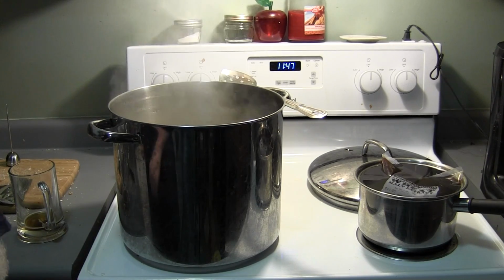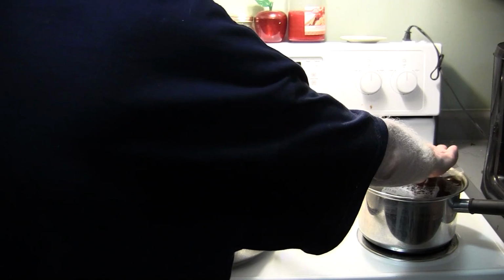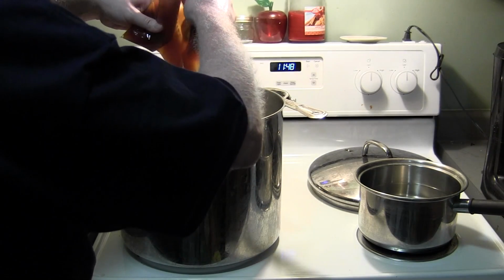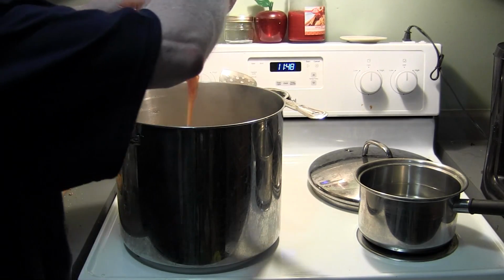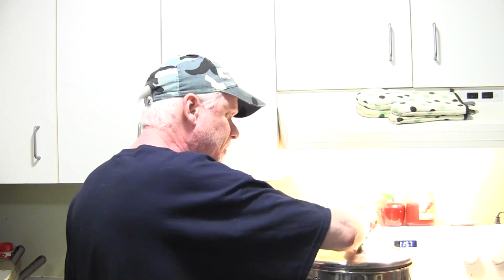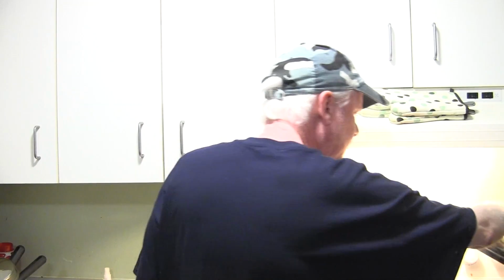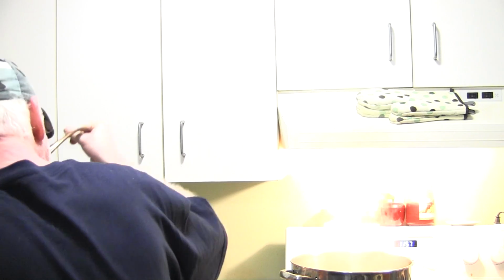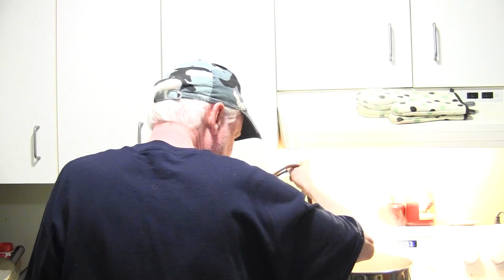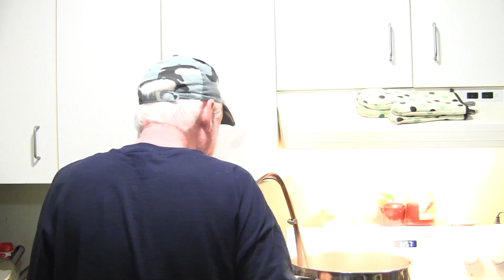All right, I turned off my burner, and it's time to add my wheat malt extract. All right, guys, you're always going to lose your boil when you add stuff, especially with a wort chiller like this or whatever. Don't sweat it, man. It's all good. Now I'm going to add my